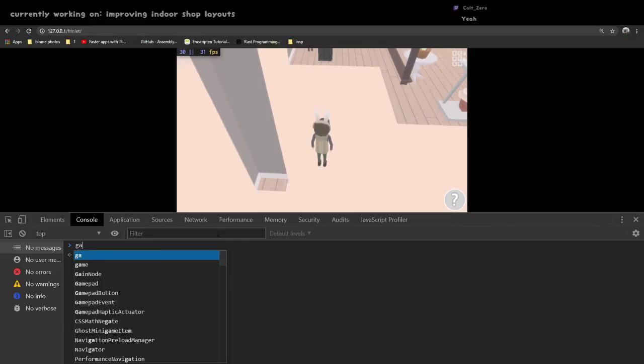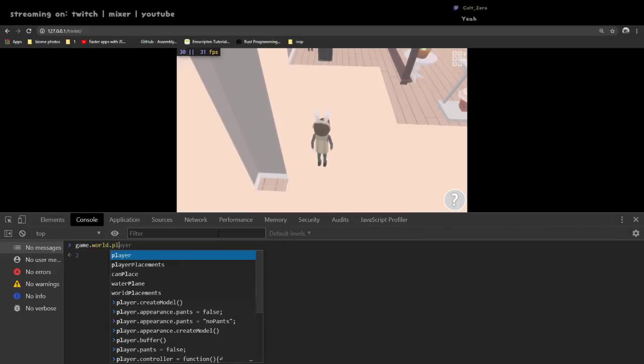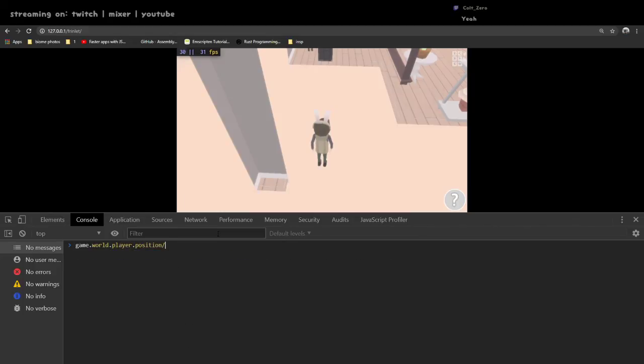So that is going to be game.world.player.position.x minus game.world.indoors.x, right? And then that's going to be multiplied by 2, and then we're going to, I suppose